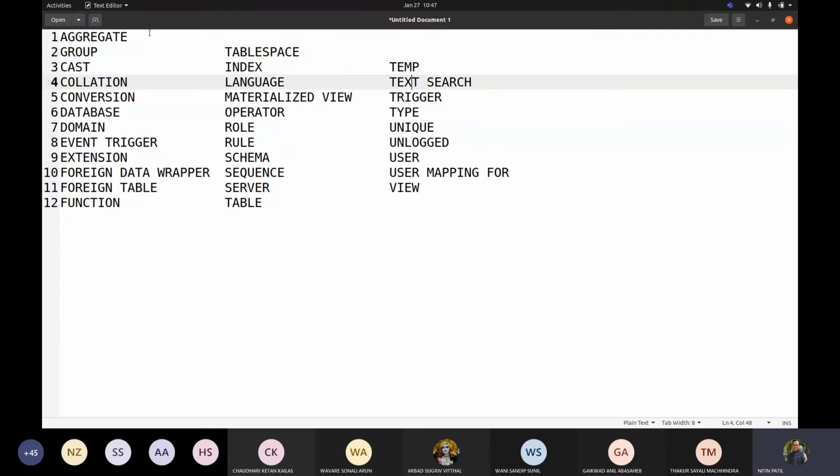For example, create aggregate: when you fire create aggregate, suppose this is the file. This is the file, as a sample case I am writing, containing this message for create aggregate, and this is available in this path.